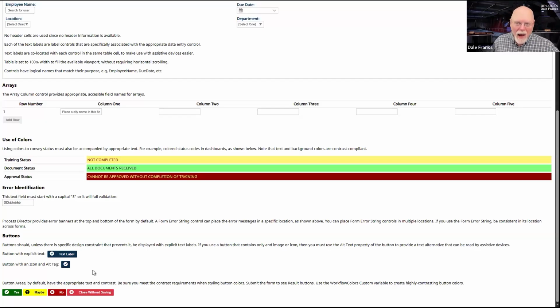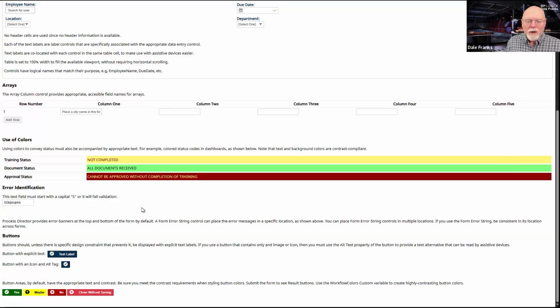So everyone can tell what and position of the buttons. The position itself tells me whether I'm about to do something good or something bad or maybe something in the middle. All of these things go to tell me, the end user, what the purpose of that button is and whether I'm going to be doing something good or something bad, approving or denying. All of those things work together to make a more accessible control.